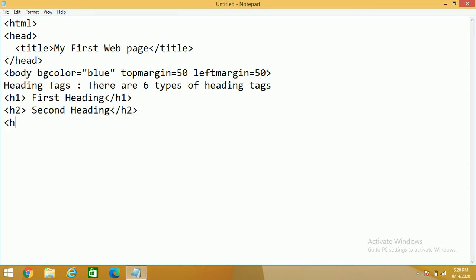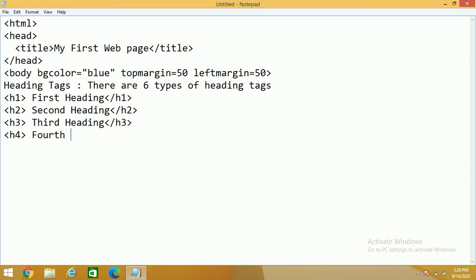H2, then H3 थोड़ा साइज छोटा हो जाएगा. H1 सबसे बड़ा होता है, उससे थोड़ा छोटा साइज H2 का होता है. Then H3. This way आप H6 से ज़्यादा नीचे नहीं जा सकते. You will start from H1 and you will go till H6. So this is my H3. It's compulsory. You have to write all. You have to close the heading tags. Otherwise जो नीचे के बाकी आप tags लिखोगे सबका font size same हो जाएगा.